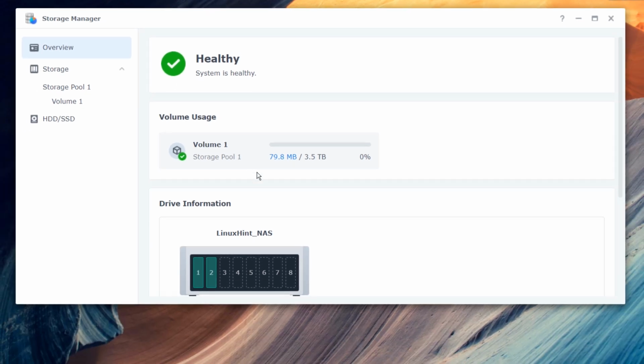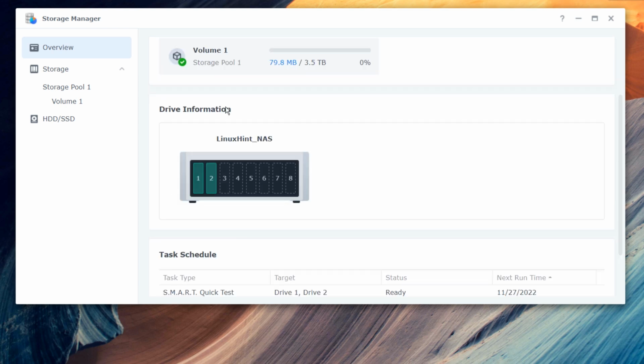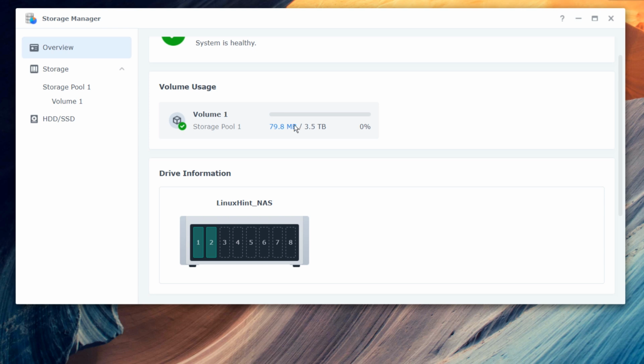So right off the bat, we have this overview tab. Now in this overview tab, at number 1, we have the health of the whole system. So the whole storage system, storage pool including the volumes are healthy. And then we have the volume usage. So basically it tells me the amount of storage that I have used from all of the created volumes. Currently I'm only running one volume of 3.5 terabytes. So that is why it is telling me that I've used 79 MBs out of 3.5 terabytes